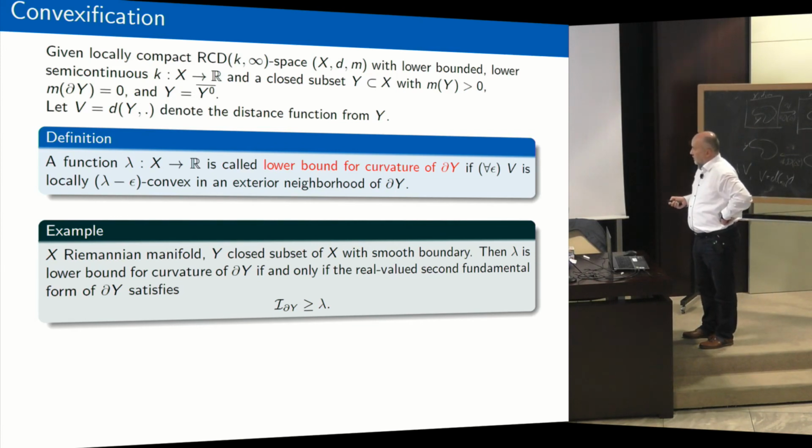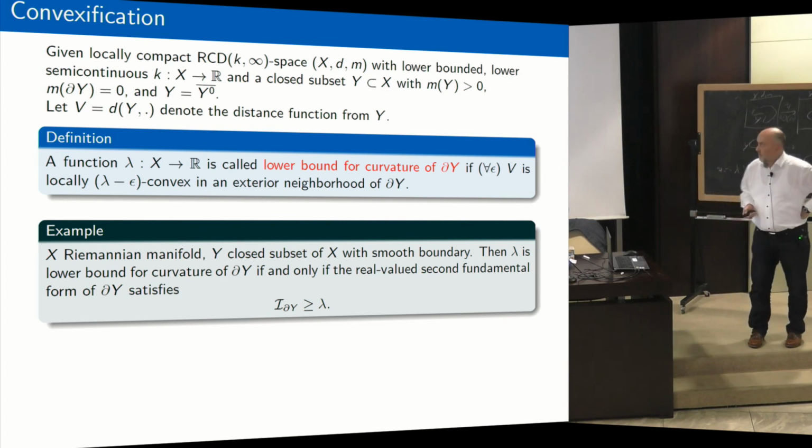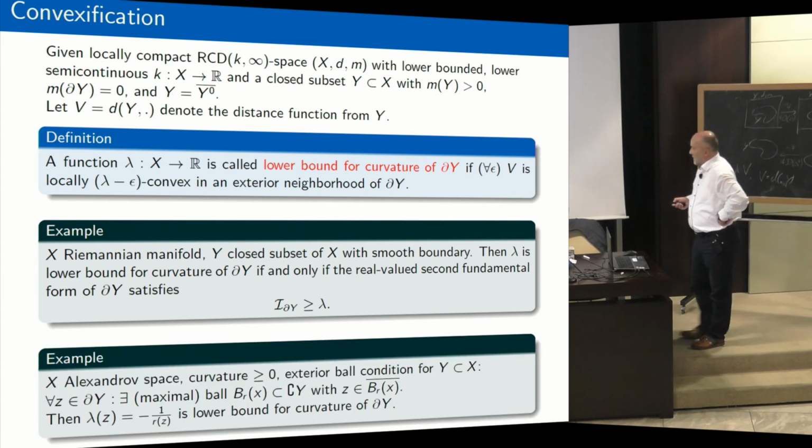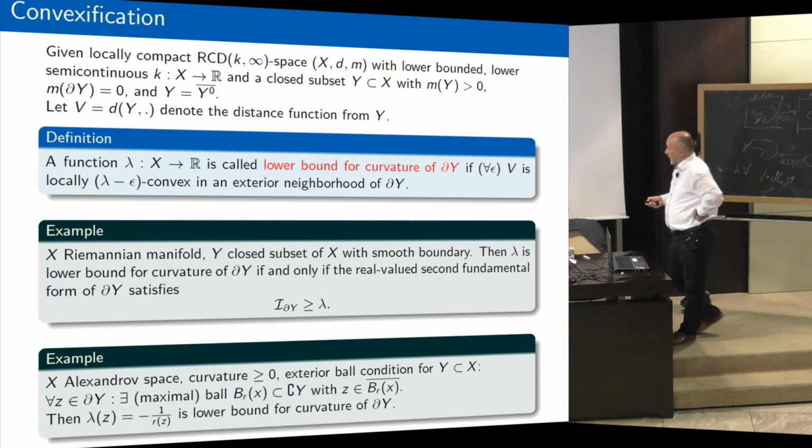Typical examples are, of course, closed subsets of Riemannian manifolds with smooth boundary, and this lower curvature bound coincides with a lower bound for the second fundamental form or curvature tensor. It also applies to more singular spaces, Alexandrov spaces with lower bounded curvature. To simplify presentation here, I assume curvature is bounded from below by 0, but actually this is also stated for